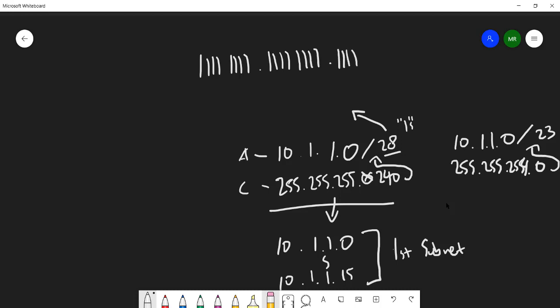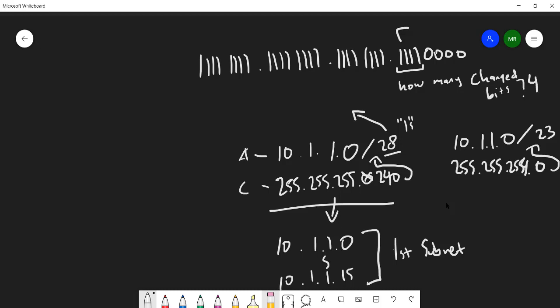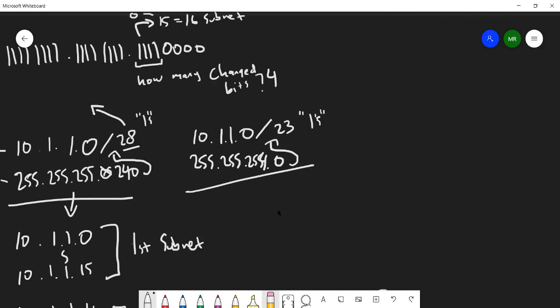Until the last one. Is there any shortcut to count how many subnets /28 can provide? Okay, listen. Prefix 28 means we have 28 ones to identify the network bits. If we have the default /24, it means 4 bits of zeros have changed to 1. If we convert these 4 bits into decimal, we get 16 subnets. And how about /23? How many subnets can it provide?